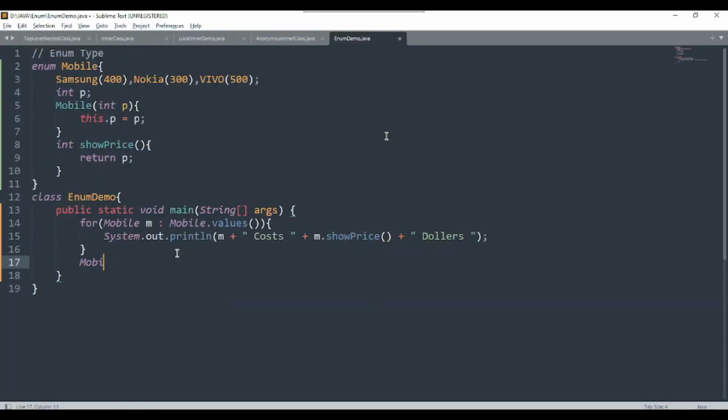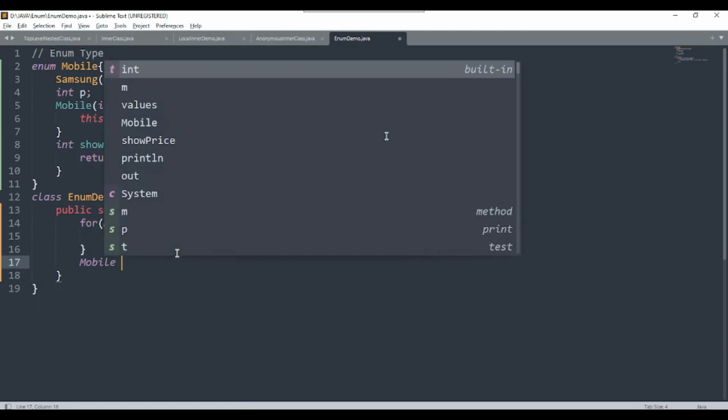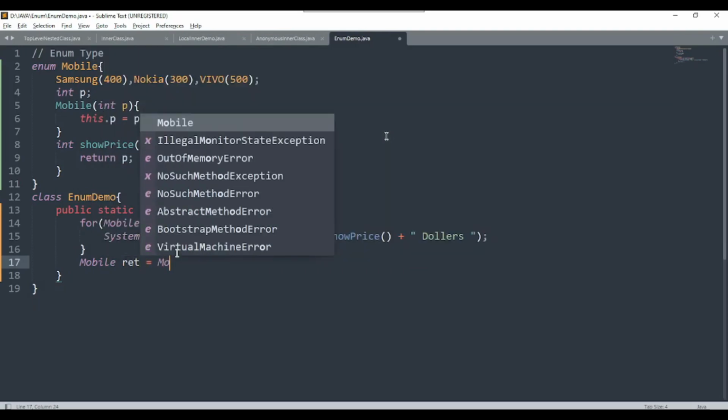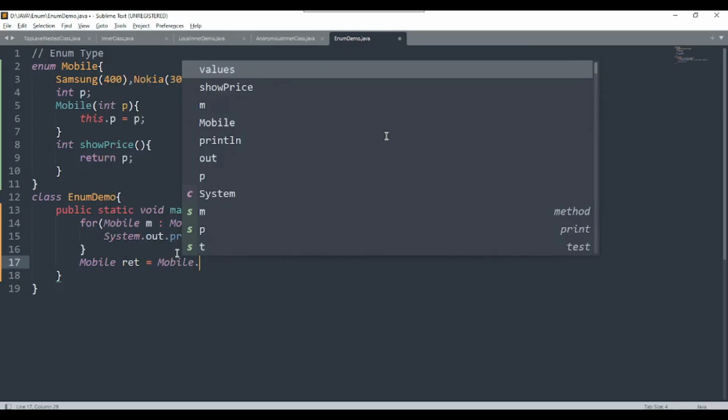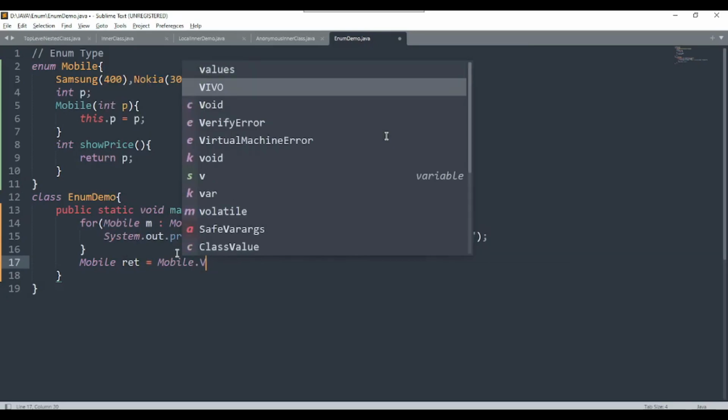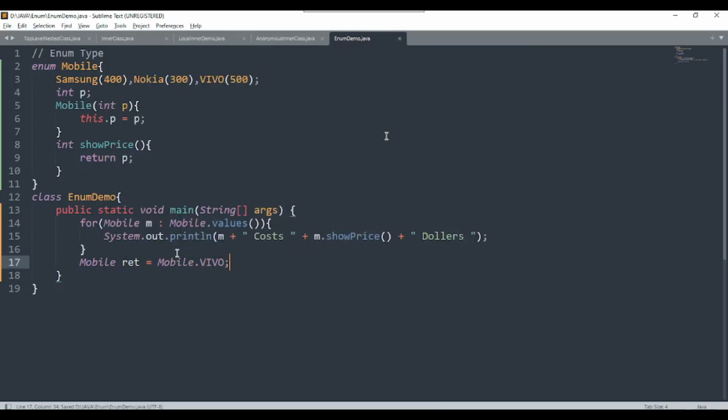So here I will write Mobile, say for example, ref equal to Mobile.Nokia, or you can say Mobile.Vivo. So I have created an object of the enum type by using this syntax, Mobile ref equal to Mobile.Vivo. So here we have created three instances, Samsung, Nokia and Vivo. But from this ref I am just accessing the Vivo instance. So here I will write